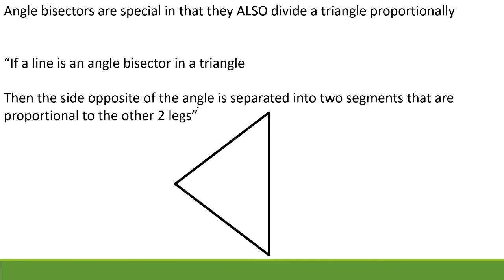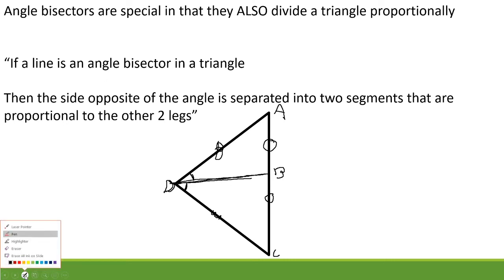So, for instance, if I take this triangle and I draw an angle bisector, we'll say that this top angle is congruent to this bottom angle because it is an angle bisector. Let me put some labels here. We'll call this A, B, C, and D. What happens here is that these two segments are in the same proportionality as these two legs here. So to put that in a numerical way,